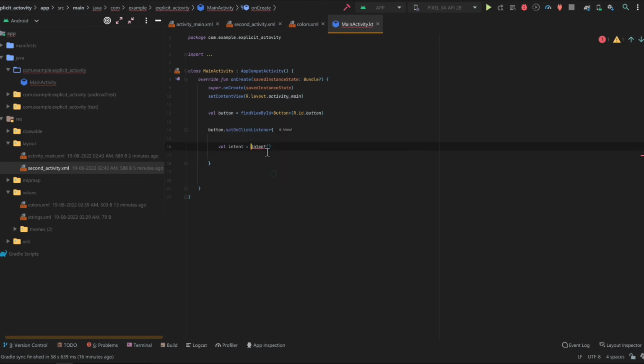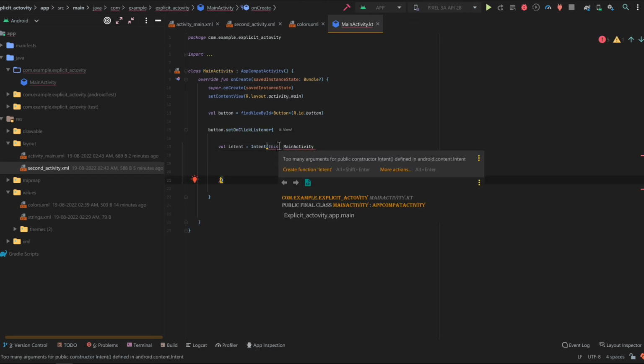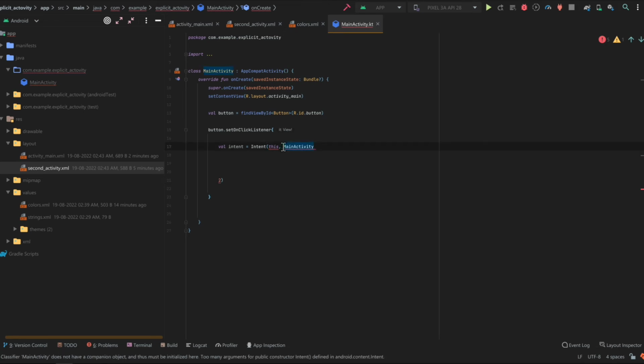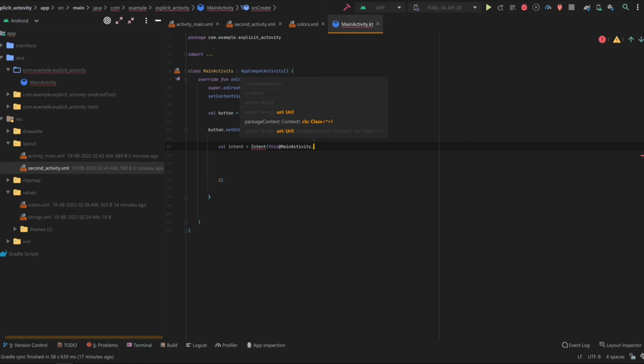I need to import this one, and as a parameter in the intent you just need to add here the first activity. So write here this, and this at the rate, the first activity will be main activity, and the second activity will be, okay,